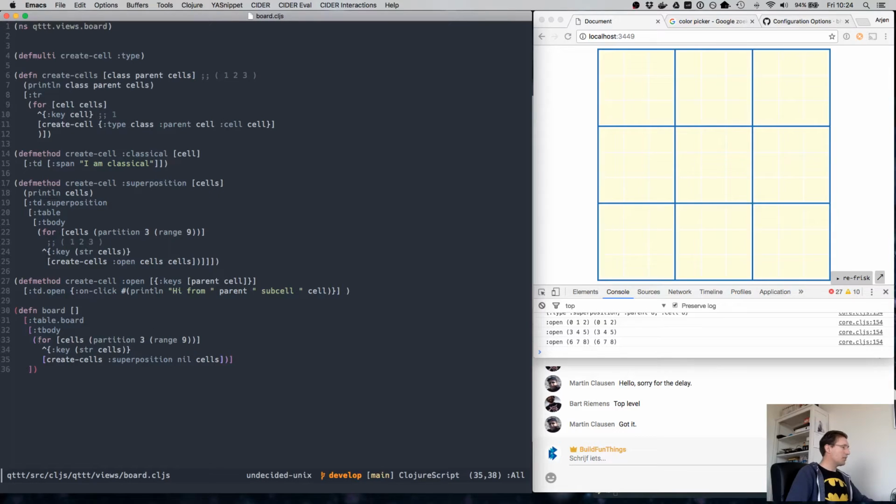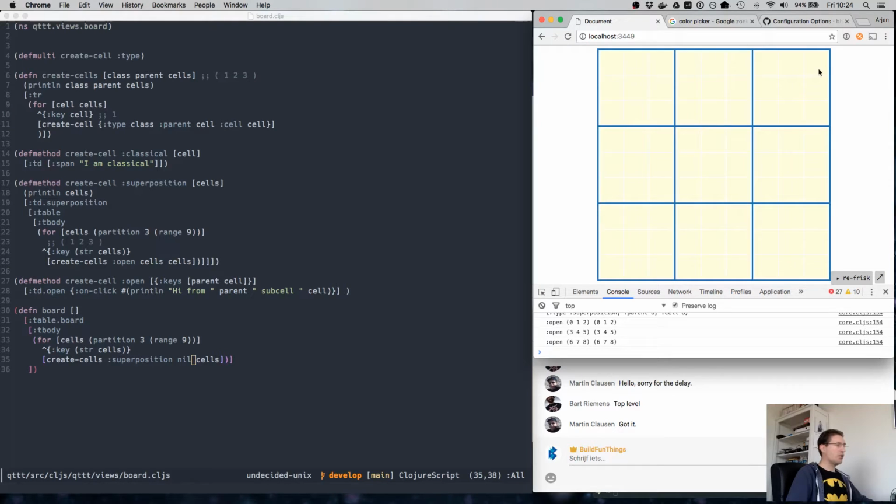Silly. So we built the board and we say, well, 0, 1, 2, and just create the cells over this list. So 0, 1, 2. But we need this index. So this creates cells. The input here, which is cells, we start and iterate here. So this cell becomes cell 0. And that is a superposition. So this cell 0, then